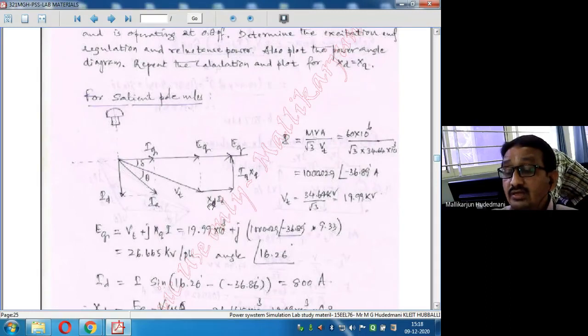The voltage in the inductor and the current through the inductor have a phase difference of 90 degrees. So the drop voltage Xd into Id, with reference to the Id current, should be perpendicular. You can see here, this vector Id into Xd is perpendicular to Id. It is joined at the tip of the vector Vt. Let's say its magnitude is Id into Xd. I hope you understood. It is the drop in the inductor: the voltage across the inductor and the current through the inductor. When I relate them, current must lag or voltage must lead.